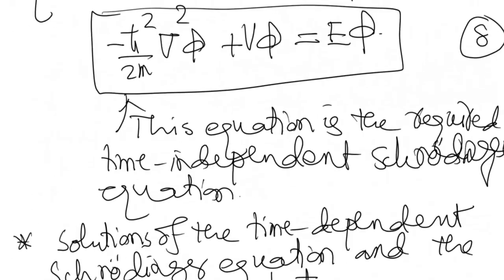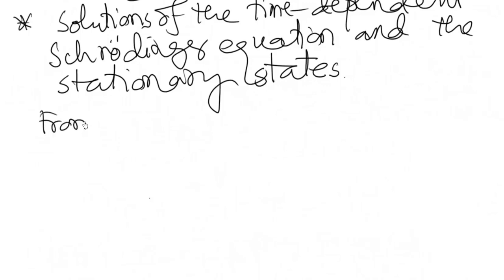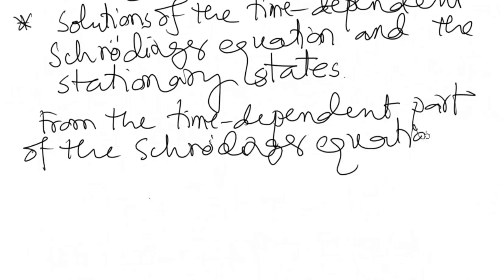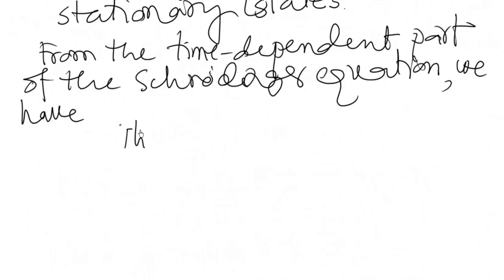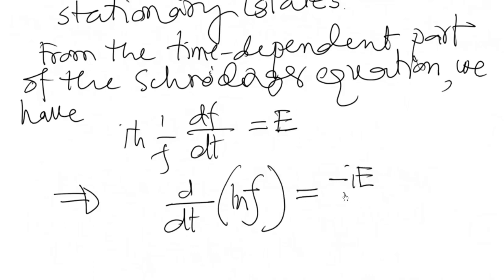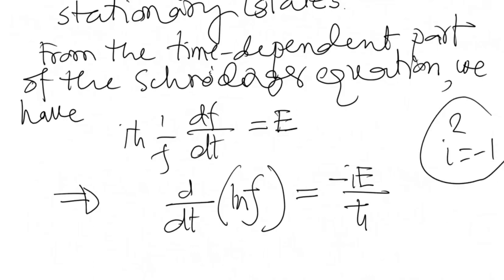So from equation 6, or we can say from the time dependent part of the Schrodinger equation, we have i h cut 1 by f df by dt equal to E, and from this equation we can write down this, because i squared equals minus 1. Now integrating,